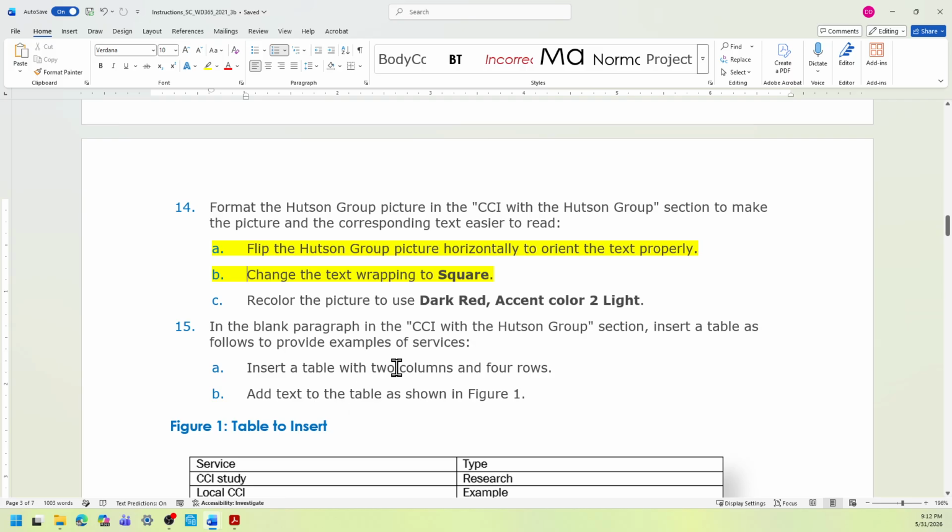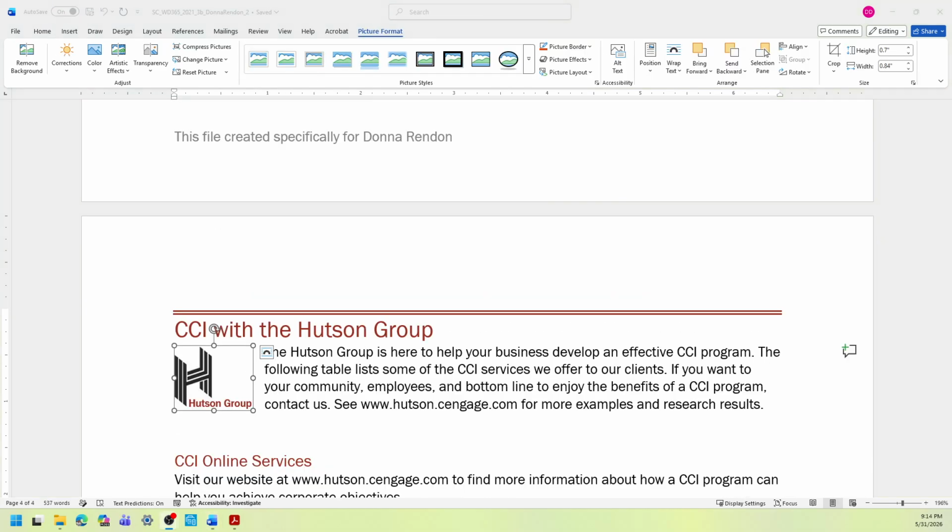Letter C, we're going to recolor the picture to use the dark red accent color 2. So still in the picture format, your picture should still be selected.